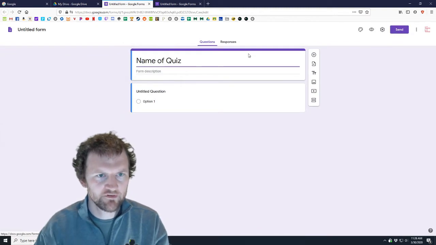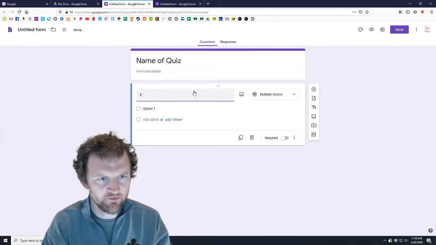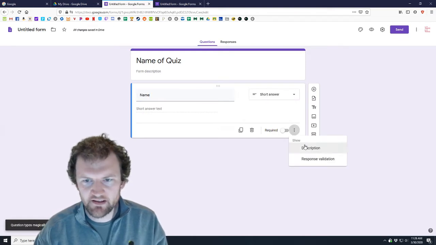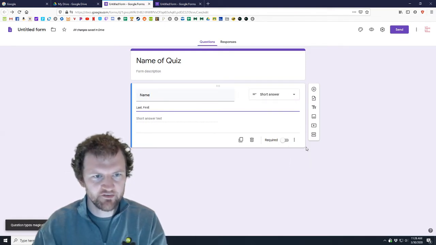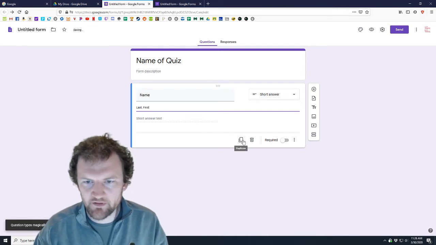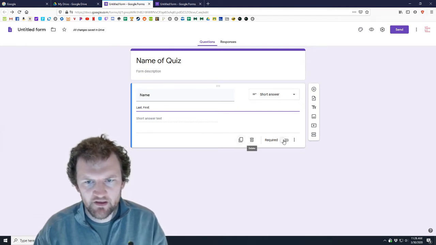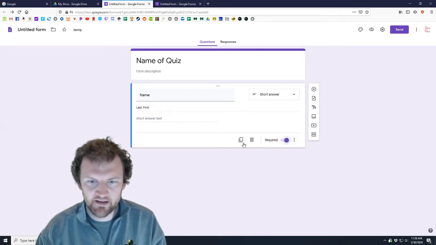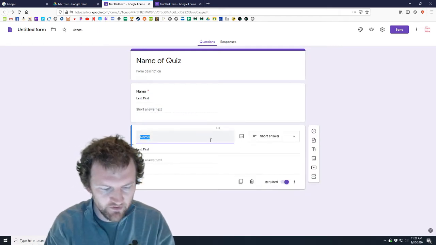name of quiz. First question, I have name, and it will automatically make that short answer. You can even add a description, like you say last first, which 20% of them will not comply with. I always click required on everything. Otherwise, they can submit it with a blank answer, and you definitely don't want that. And then the first question is, what is